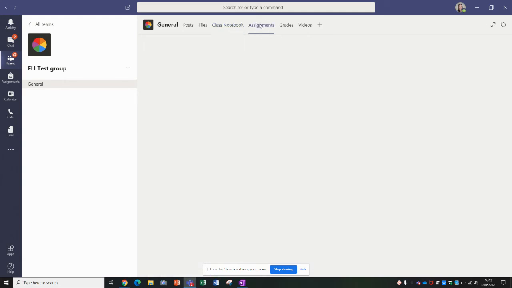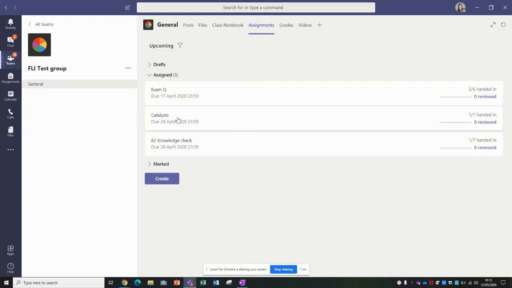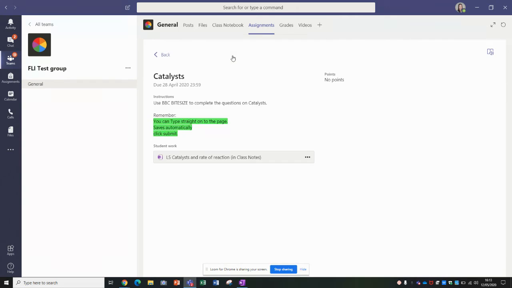But if the work is set as an assignment, so if we go back into assignments, and then we open up one of these, here we go. So you've already got a link here to the work. So what that will do is that will automatically copy and paste that to the student's notebook. Now, if you open the notebook in